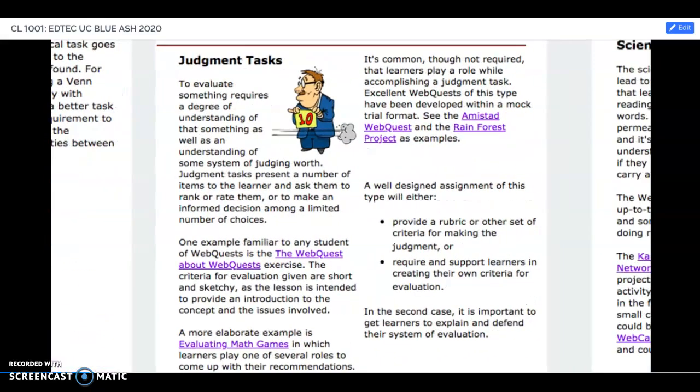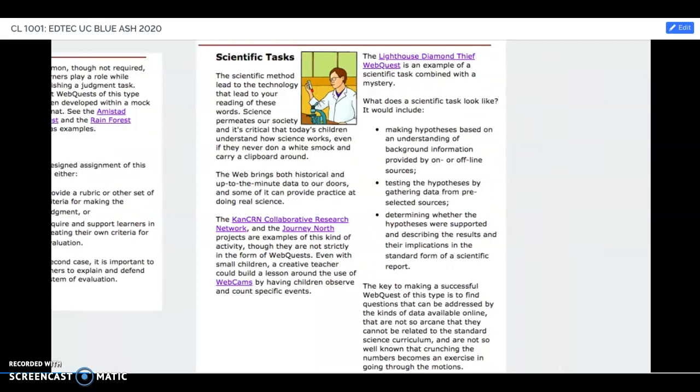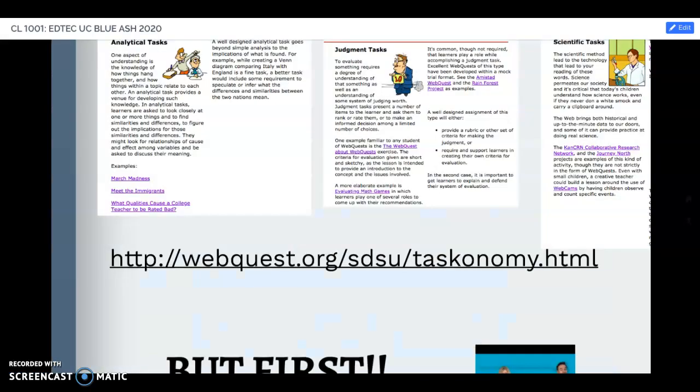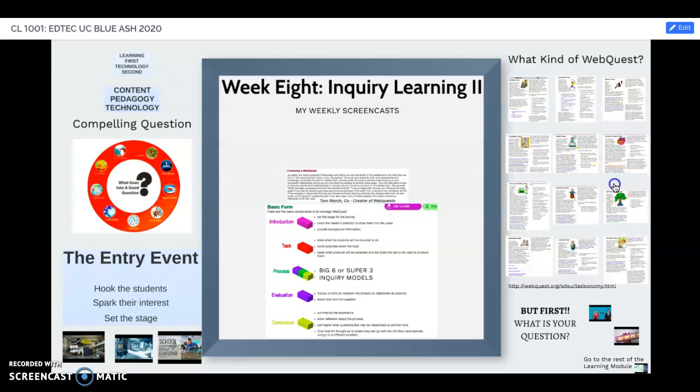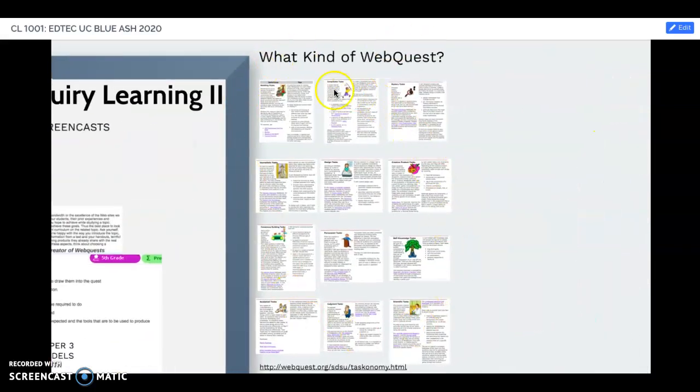Are you asking them to judge or pass judgment on some type of competition or a court case? Or is it a scientific task where they might write up a scientific research report? If you would like to read these on the original website, this is the URL. If you click on that, it will take you to the website that shows you all of these different tasks